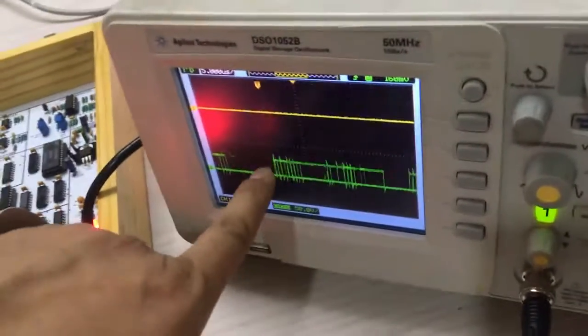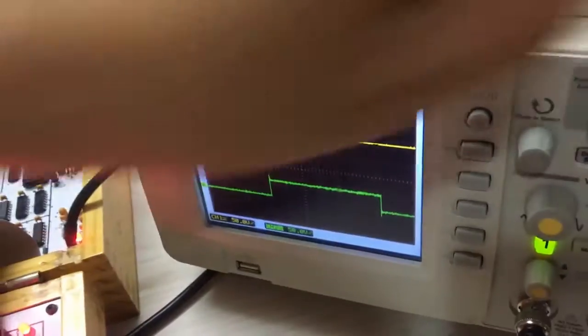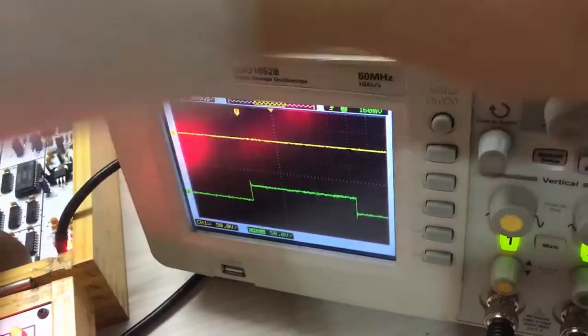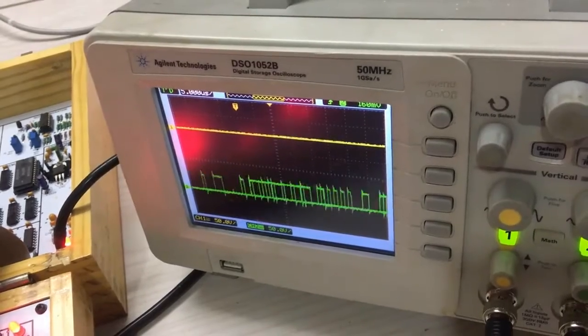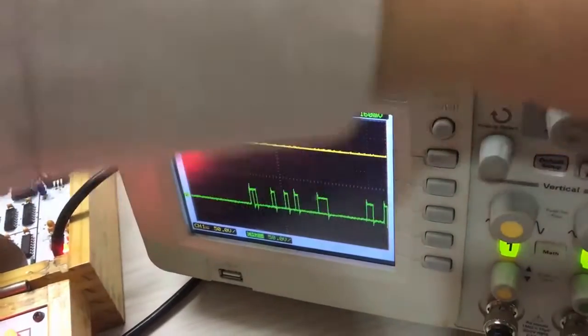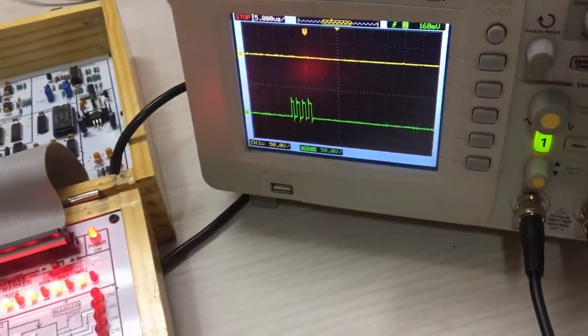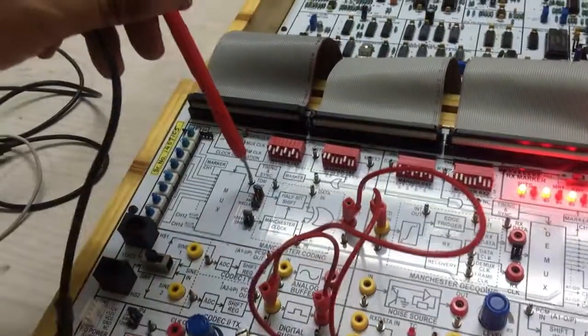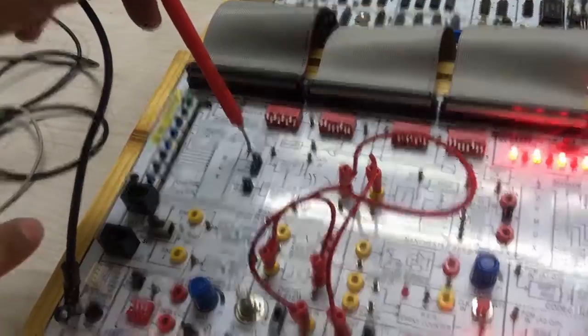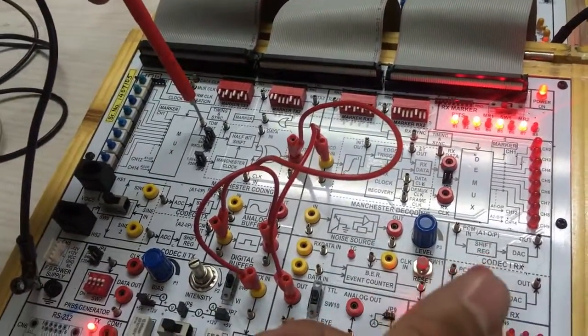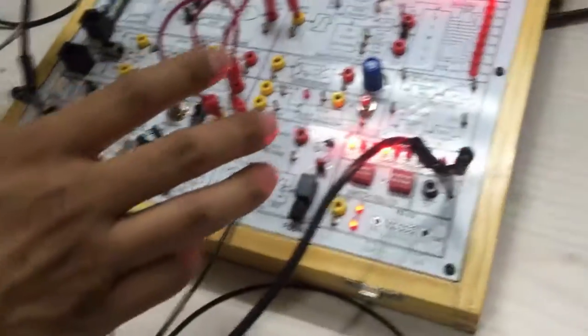You can see this line, this one. If I switch off the channels, then this is like this. Okay, so this was all about our transmission of TDM signal through optical fiber and its reception and demultiplexing.